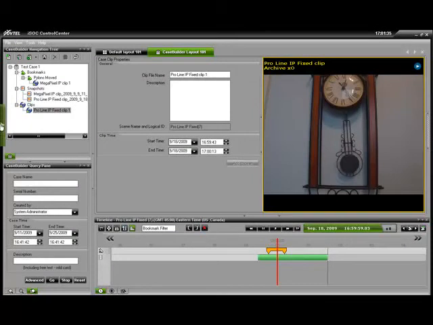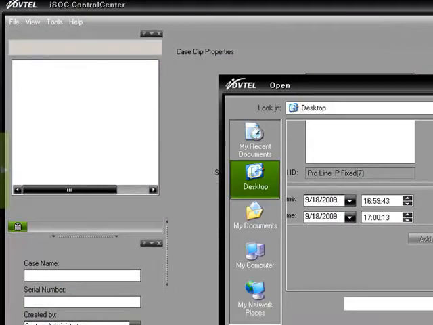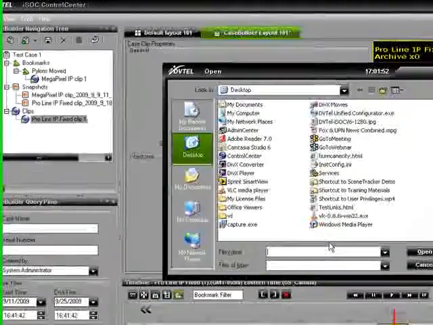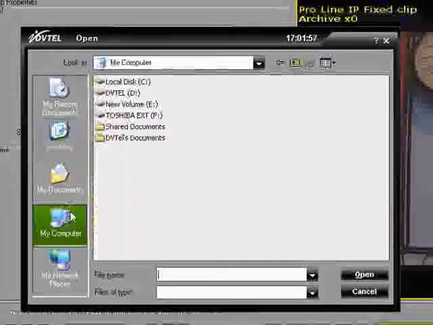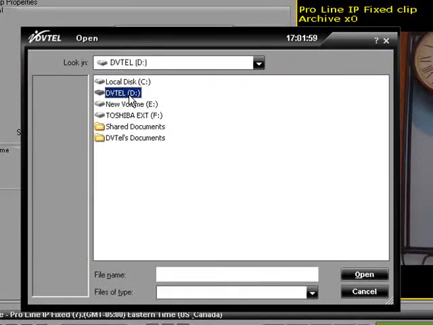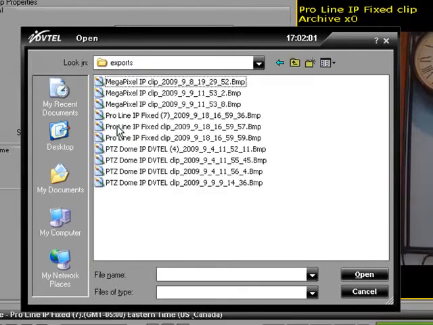Now if you had a snapshot that you took from a normal video layout, which didn't give you the option to add it to a case, well, you can certainly come up here to the Casebuilder navigation tree and we can click on Add a File, and in this case I can go search for the file that I want to add. So I am going to go to my computer and I'm going to go to my D drive and I'm going to go to my export section, and here I have lots of different snapshots that have been